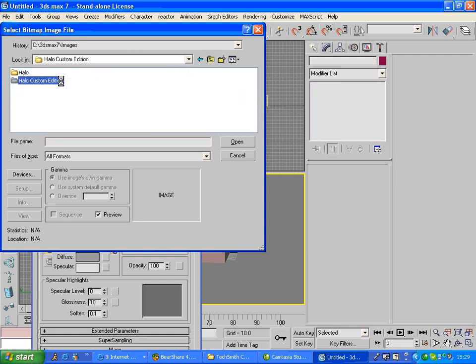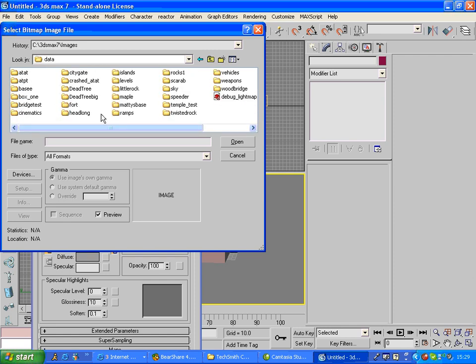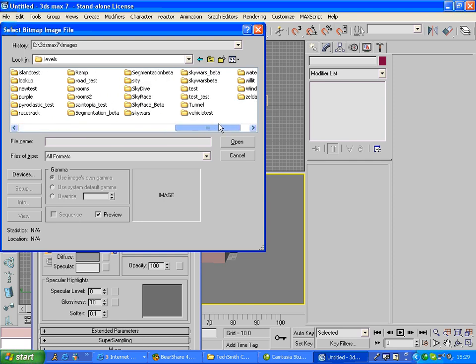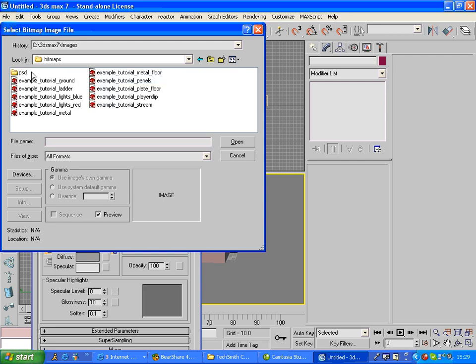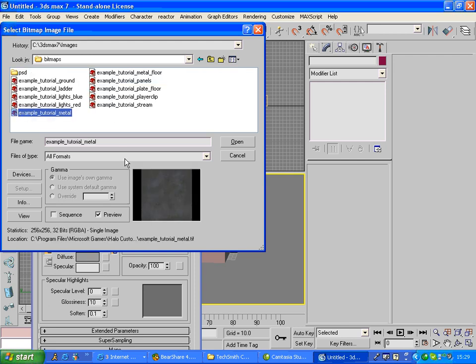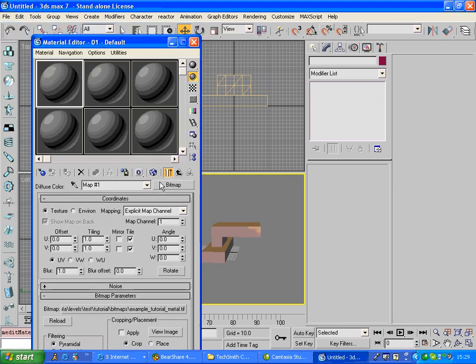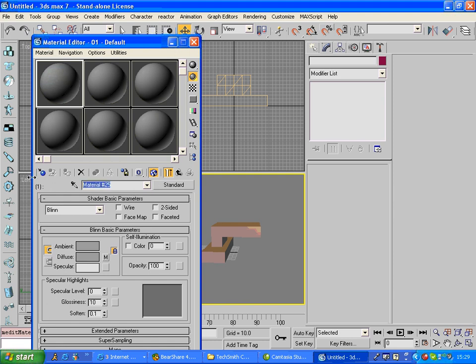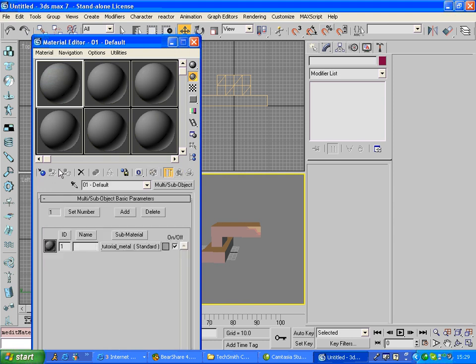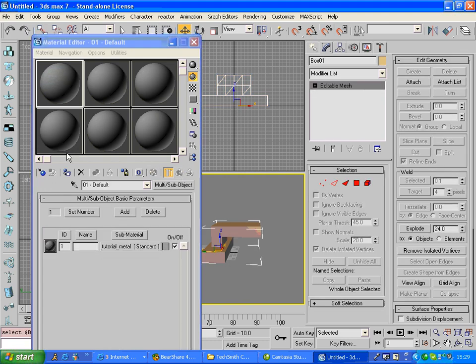CE root directory, data, levels, test, tutorial, bitmaps, and example underscore tutorial mail. Just copy the name, make sure we click that box, the little checkered blue and white box, then make sure we change the name here as well. So we go back to parent, and then we can just click on the model again and